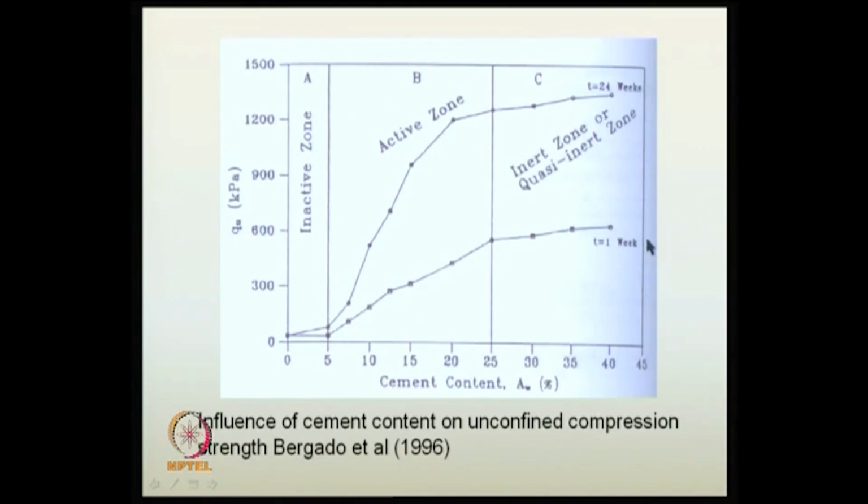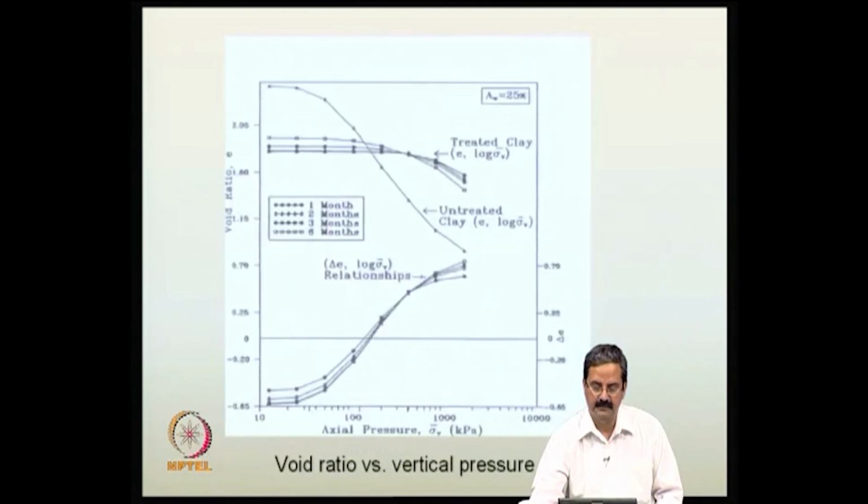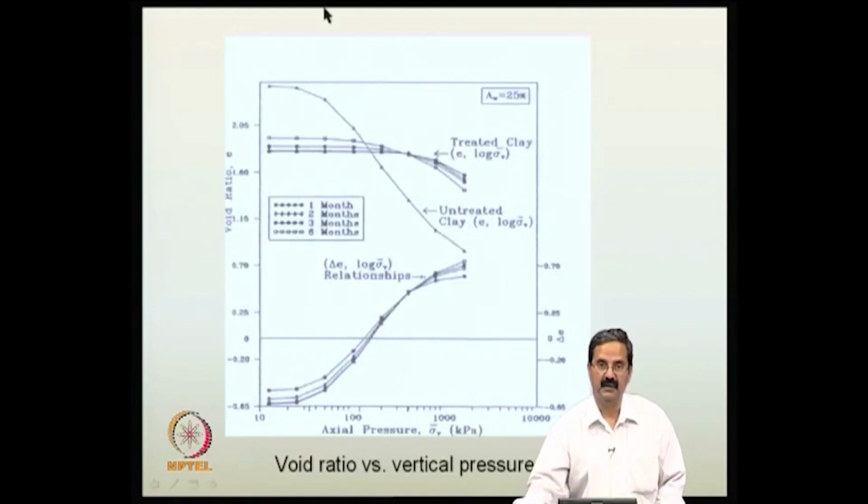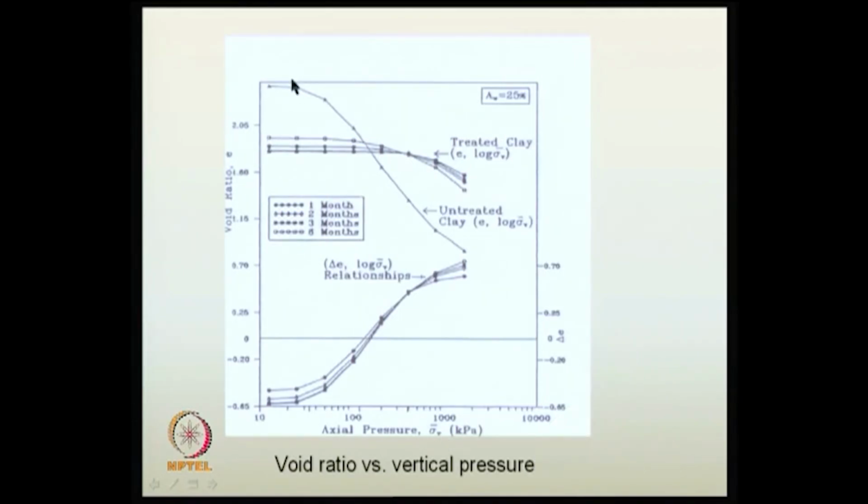These are all required from the laboratory point of view, and when you are trying to choose, we should choose what we need and get back that information and then use it in the design. That is what is required. So, this is another example, where this is axial pressure and this is void ratio. Okay. So, you can see that